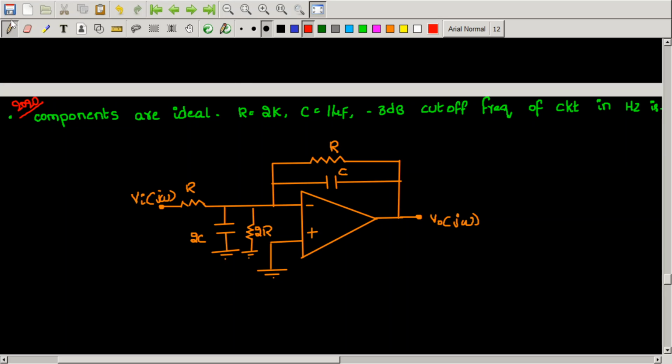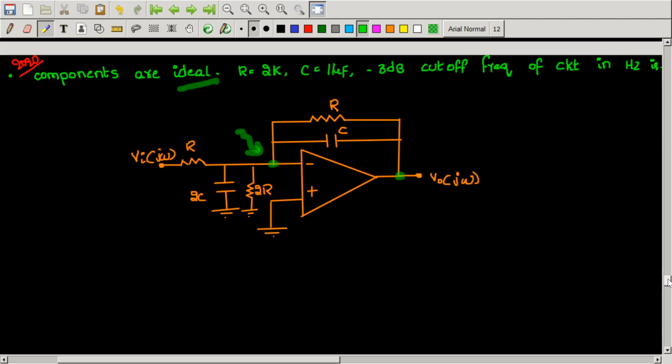Now you can see that the output of the op amp is connected to the inverting input of the op amp. So I will assume this circuit is in negative feedback, and because the components are ideal, the op amp is ideal and the gain of the op amp is infinite. So because these two conditions are met, I can apply the virtual short concept, right? And because the power supply voltages are not given, we can't check our assumption. So let us proceed assuming that the op amp is in negative feedback only. There is no need of confirming that.